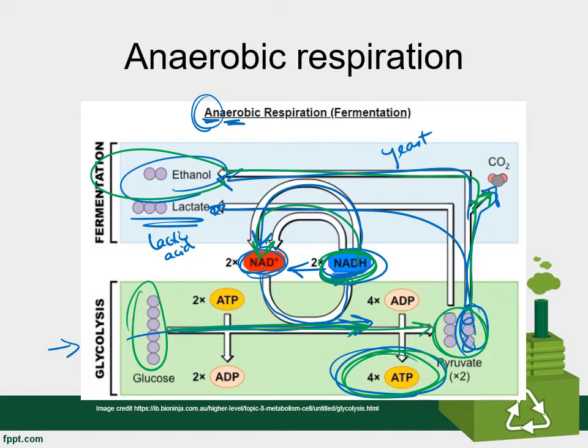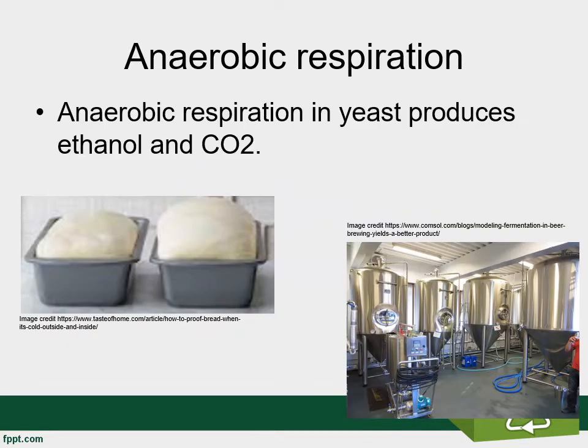If you're not cool, you're a mammal, then you're going to take that pyruvate that was formed during glycolysis, you're going to turn it into lactate. But the good thing is you still turn some of that NADH back into NAD+ so that you can do glycolysis again, so you can make just a little bit of ATP, because a little bit of ATP is better than 0 ATP. So super cool yeast guys are going to make ethanol and CO2, and we humans have definitely